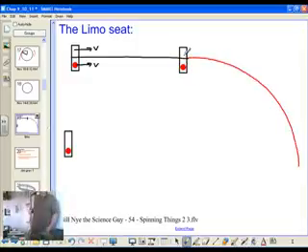Now, by Isaac Newton's third law, let's first think about where the source of that centrifugal force is. Now, when you turn the wheel, the tires